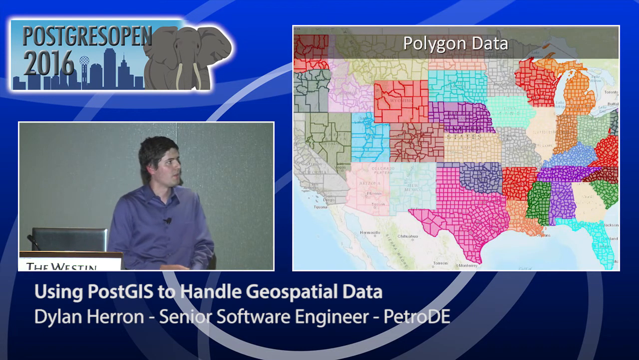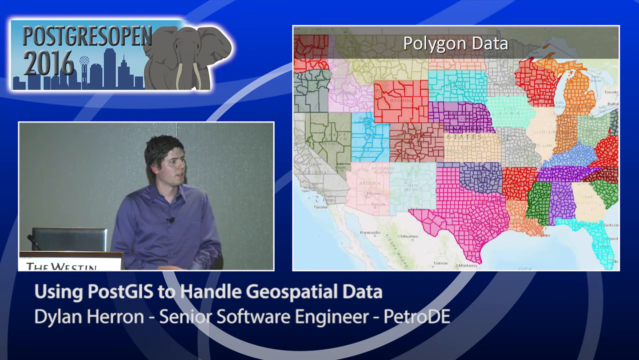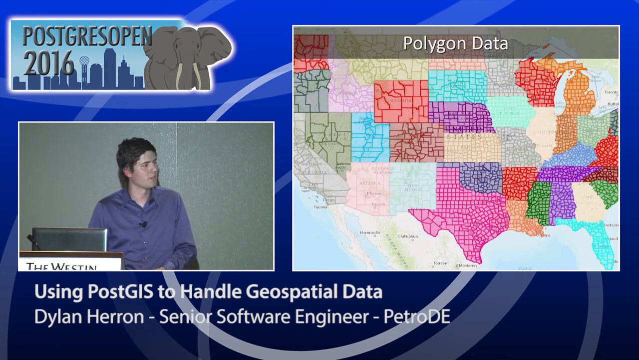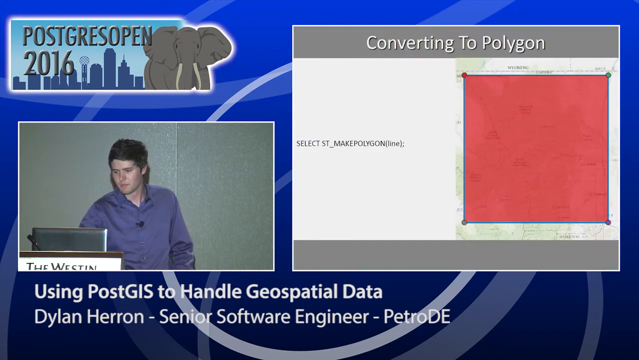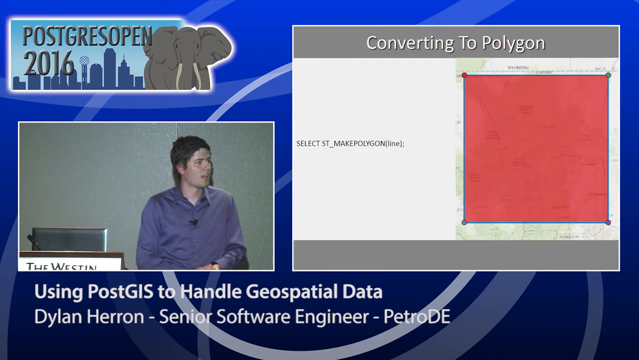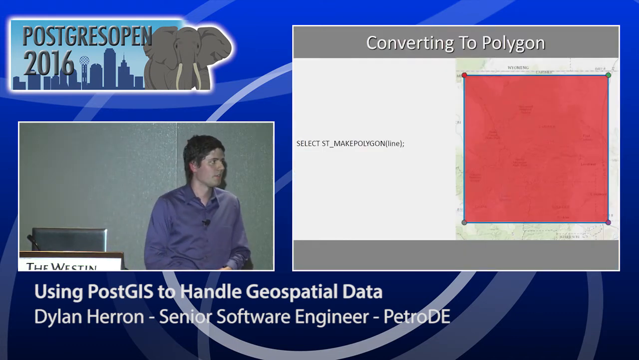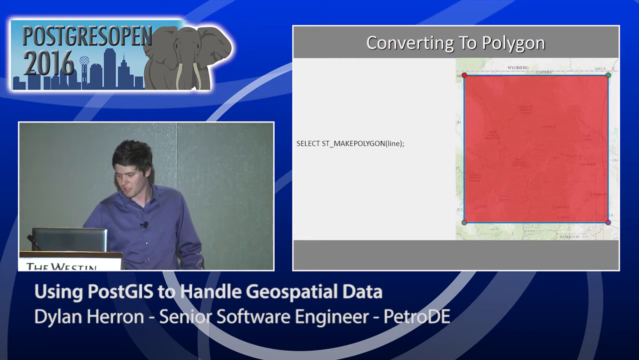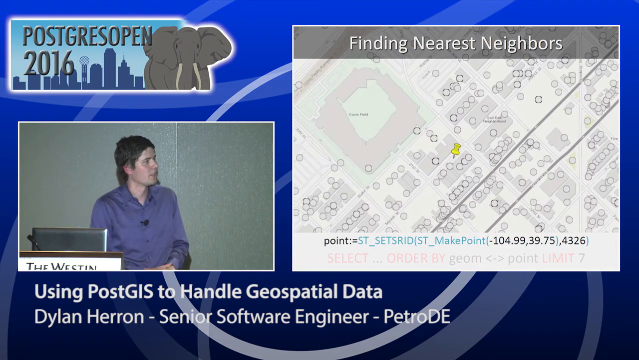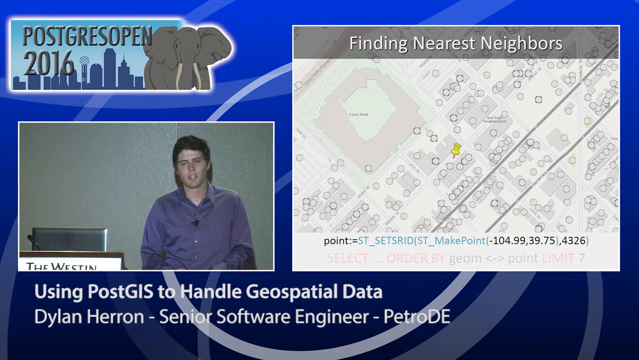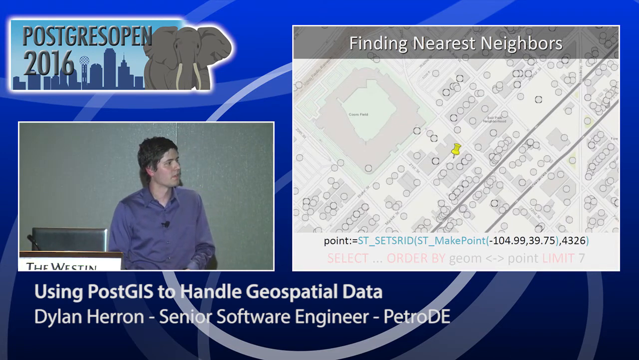The last type of data we work with is Polygon Data, as shown here. If you bring in your data as a line, you can convert it to a polygon using ST_MakePolygon from line. So that's just how you bring in your data. Now that we have our data in the database, let's take a look at a few of the different ways we can